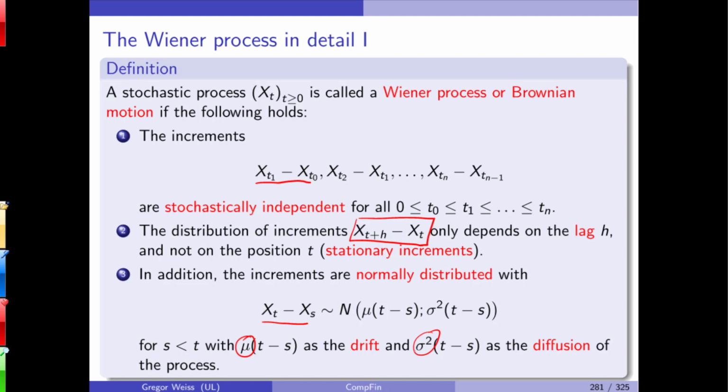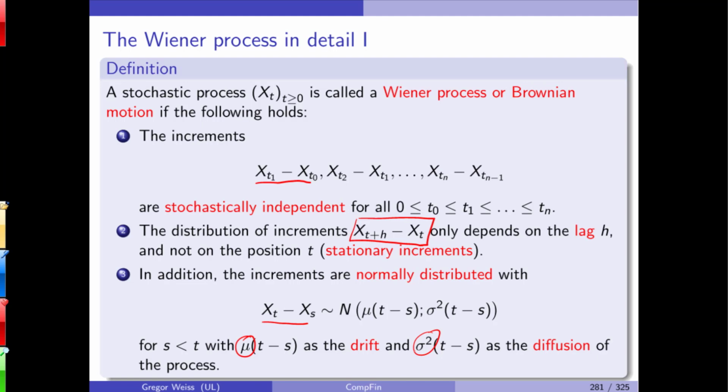However, you cannot talk about expectations and variances anymore. Why? You have a process, and a process is an infinite set of random variables. And the expectation and variance operators are defined for random variables. And these parameters, they change a little bit. However,